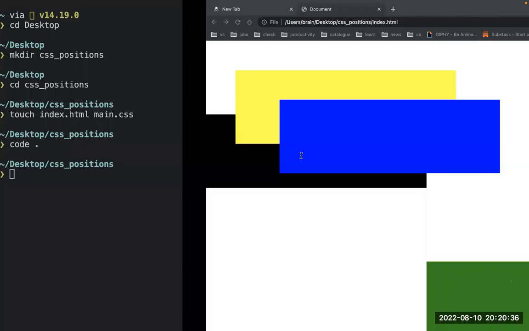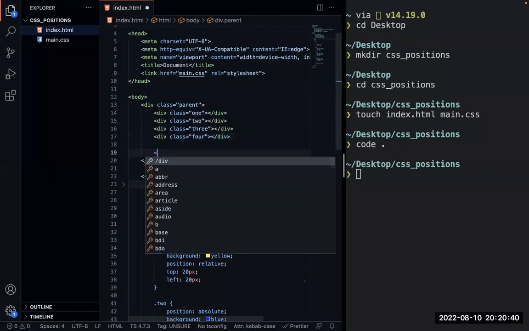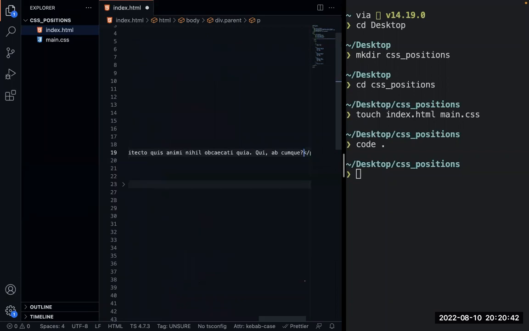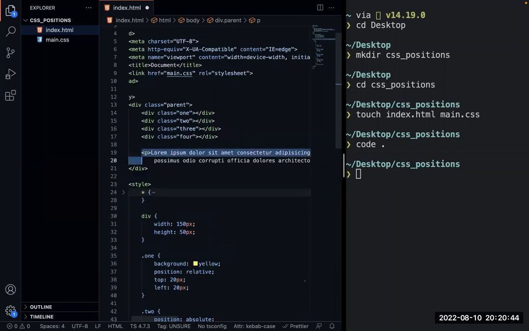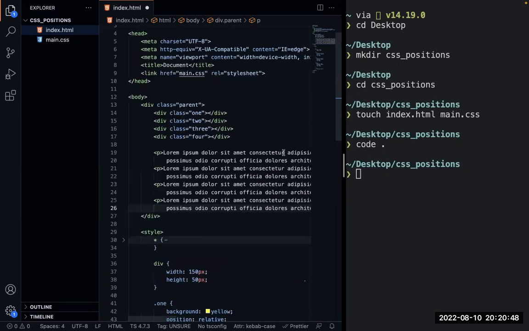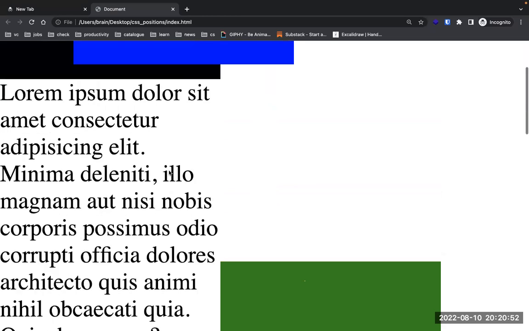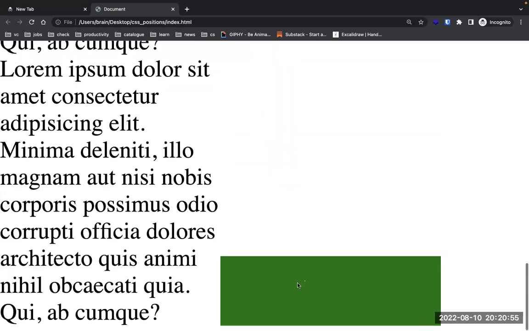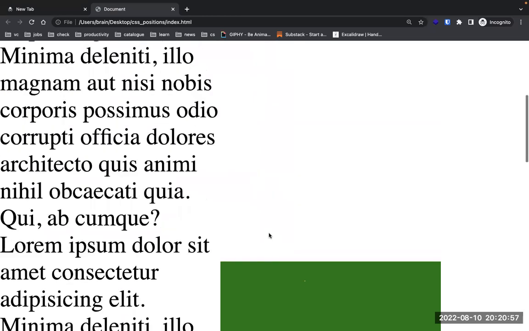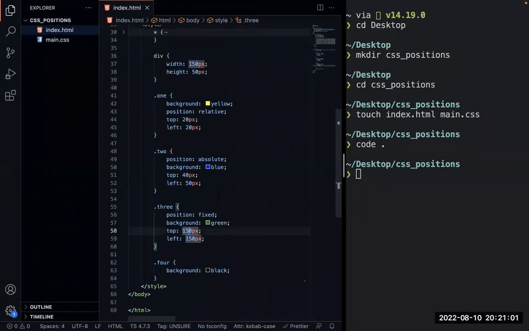And I can't scroll right now, so I have to add some extra content so that we can scroll through the page. I'm going to simply add a bunch of lorem ipsum dummy text. Okay, so now we have some dummy text. Let's refresh and see. You see, we can scroll, and while we're scrolling, this item still remains there, and it's fixed, right? Maybe that position is not the best, so let's just use